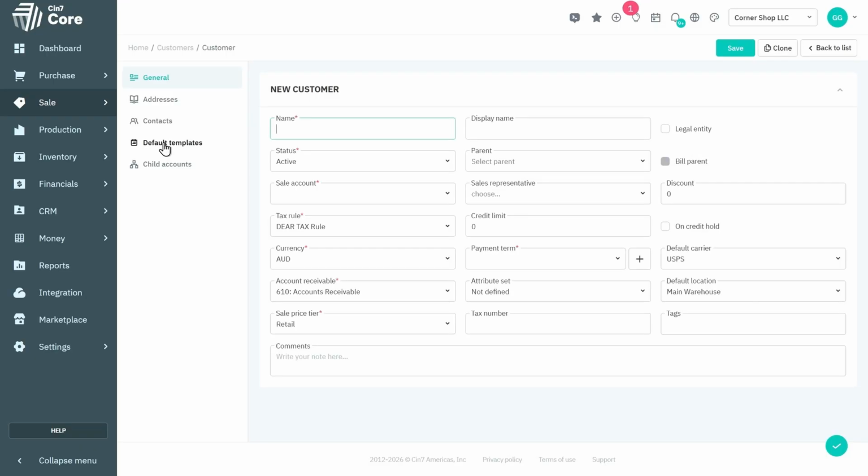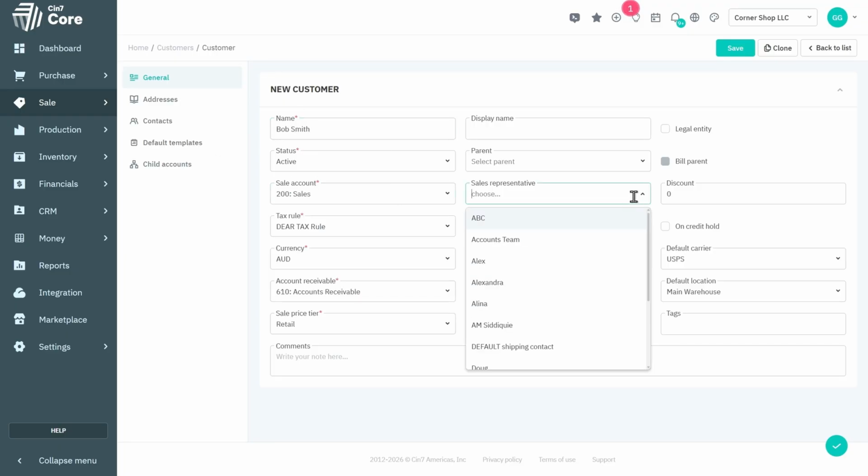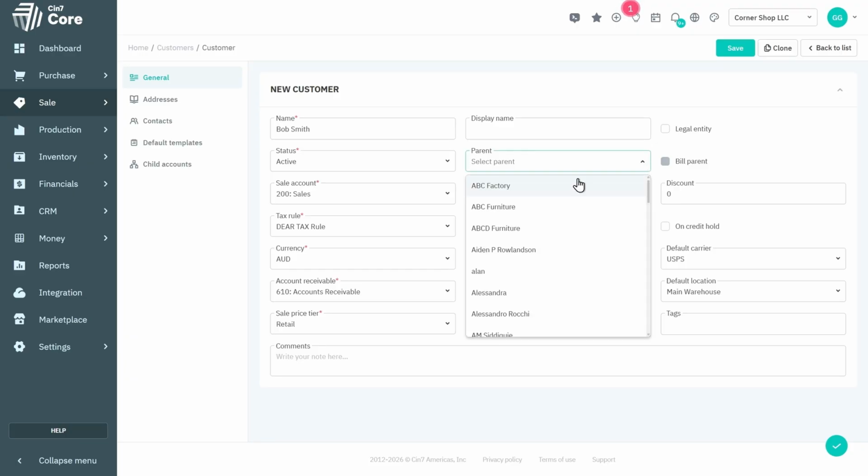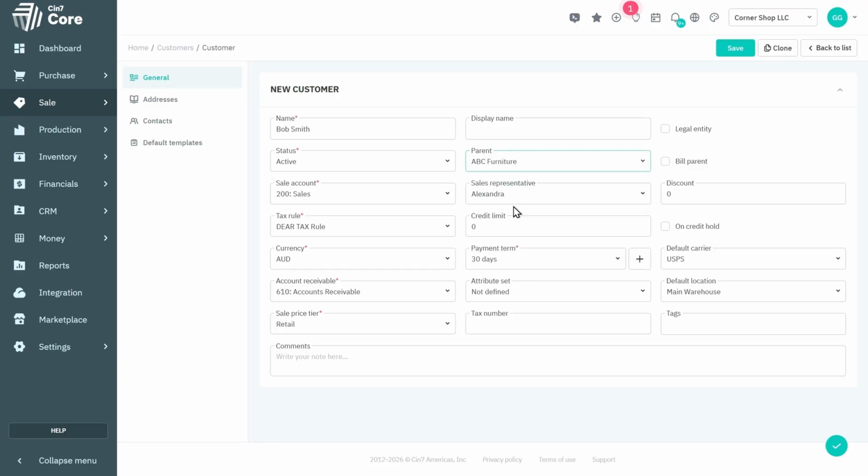Within the New Customer screen, you'll be required to populate all fields marked with a red asterisk in order to save the customer in the system. You can choose a parent account to create a customer hierarchy and enable Bill Parent to combine their sales history, and can add comments to the customer, which will automatically be added and displayed on the Note field when creating